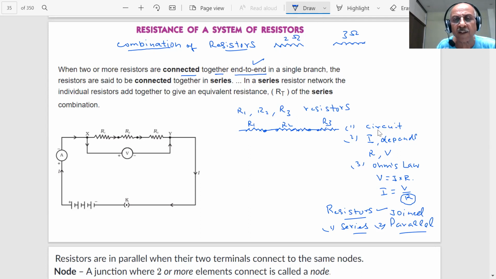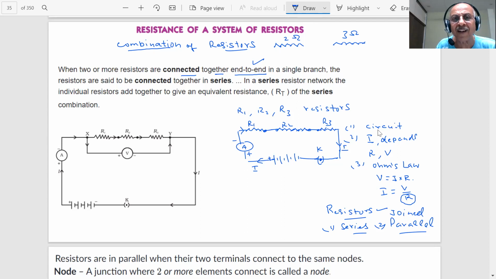So when you join such a combination, what will happen? If I have this ammeter, and if I attach a battery here, plus, then this is plus, this is minus, and this is my ammeter, students. This is a circuit. I have to complete the circuit. Here is my key. So what is happening? Current I is flowing through the circuit. This is the direction of the current.